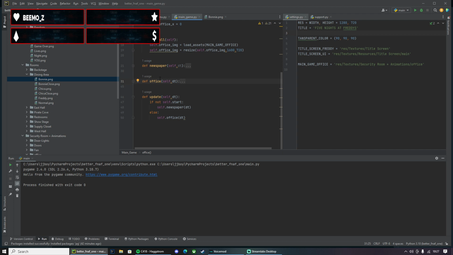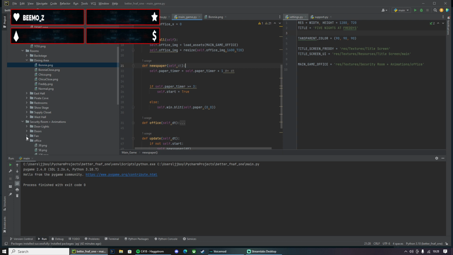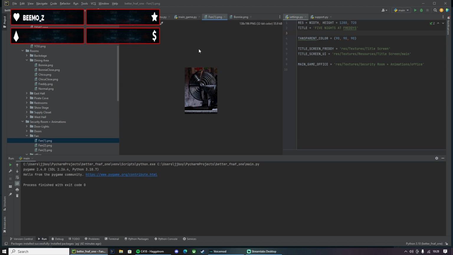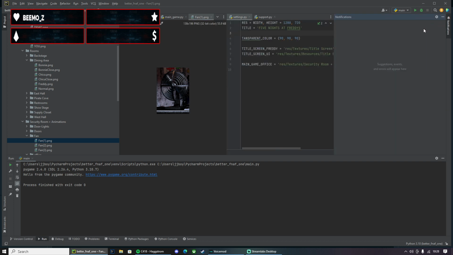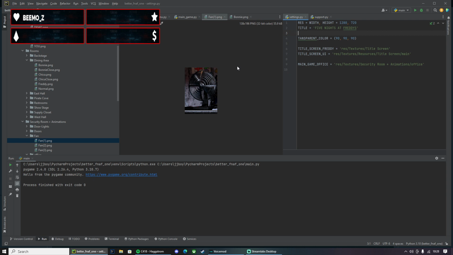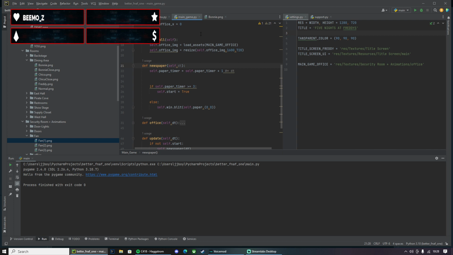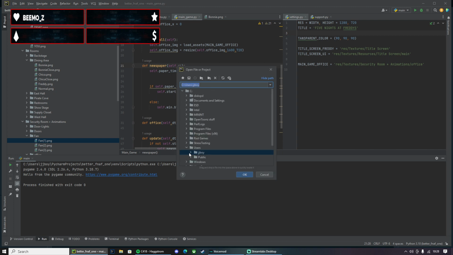So we can now take that out. Or will we? Fan, where's fan? Please say the fan's big enough. Should be. It better be, because it's probably just this asset pack. But it's gonna have to do. I had a better one. I probably should have used my one, a much better one that I used for my old game. Oh, I don't know if I deleted it, though. Let's have a look if I have my original.